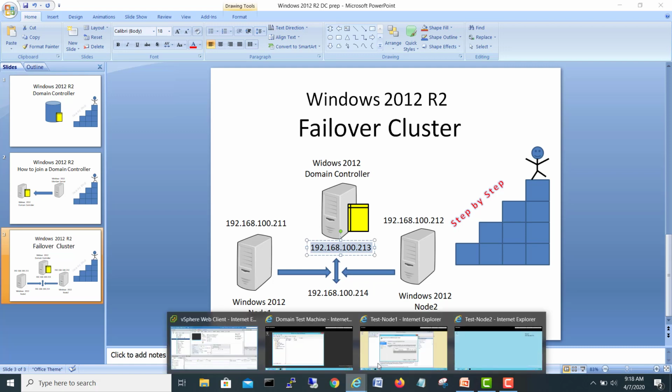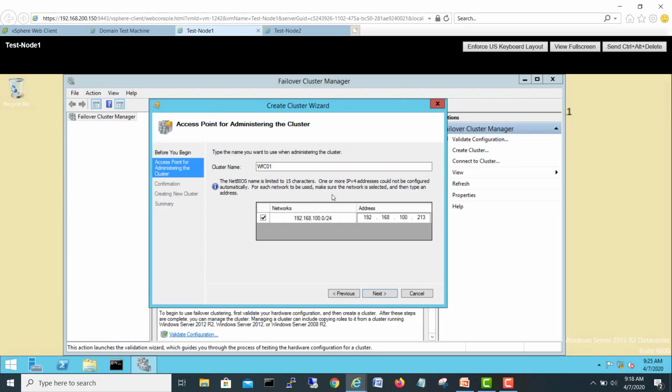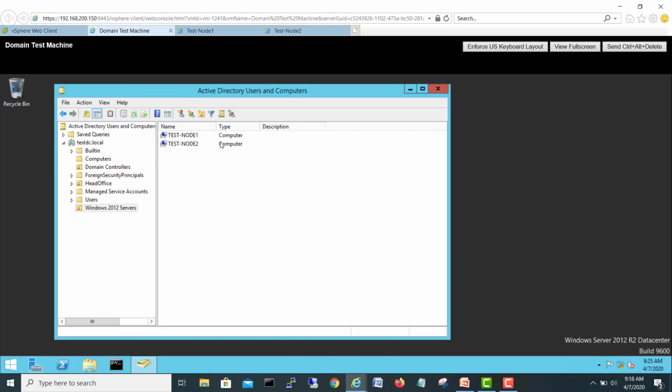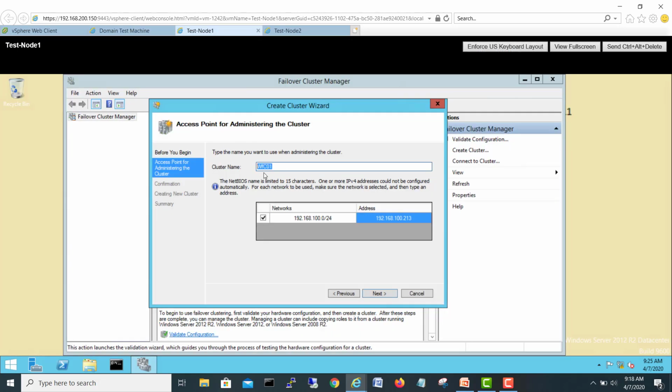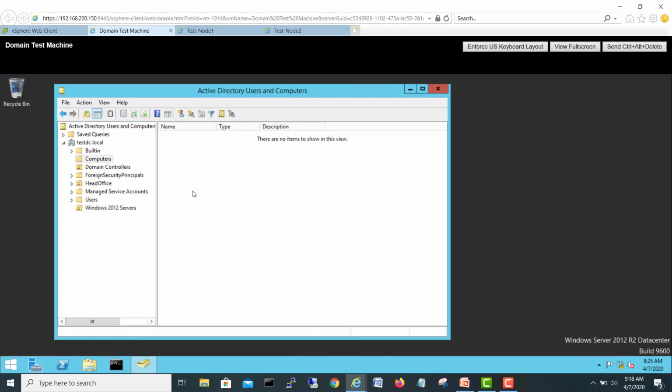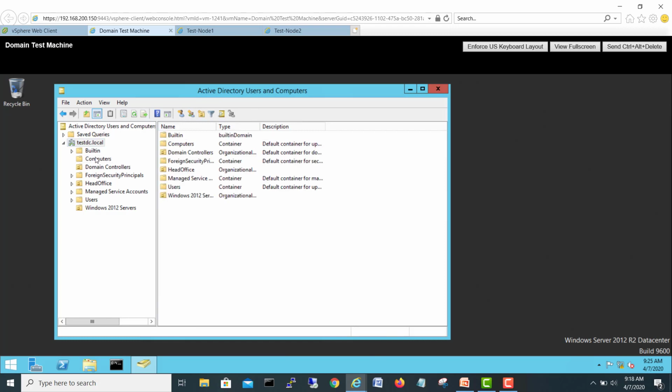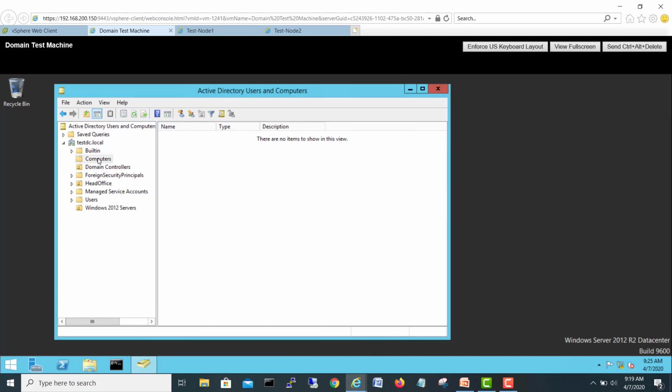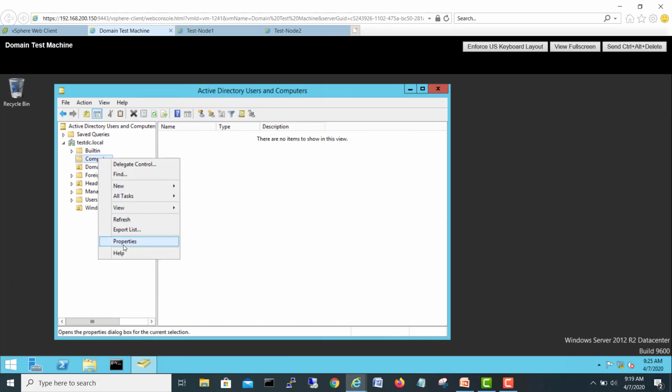Okay, one more thing before we do that, because these two nodes will try to make the computer object in your domain. A lot of guys are facing issues here. There is an error, or it's not properly created in the domain, and they cannot see the cluster object. You can do one thing: just go to your computers container properties,